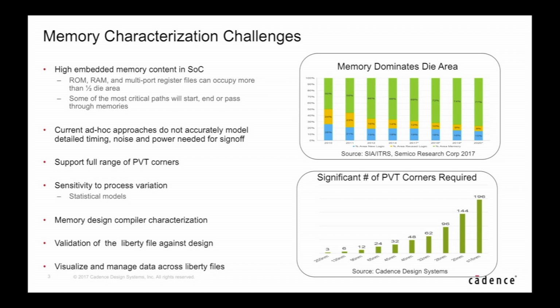The problem gets complicated as the number of PVT corners that we need to provide memory libraries for is increasing exponentially. There is a lot of sensitivity to process variation, so there is a need to actually model that in the libraries as well. And usually the memories are not designed and characterized in isolation, but they are obviously part of a compiler system where hundreds, if not thousands, of different memory sizes are characterized and need to be validated, and all the data that is generated out of this flow needs to be managed across different files, across different